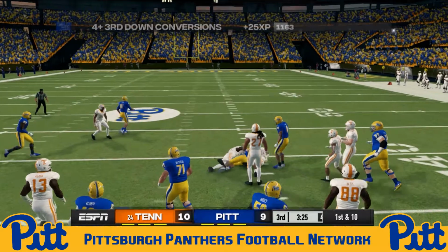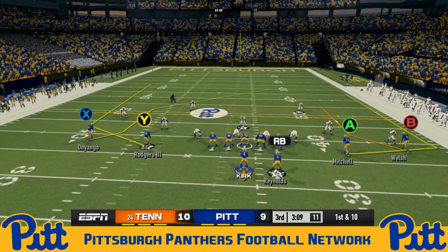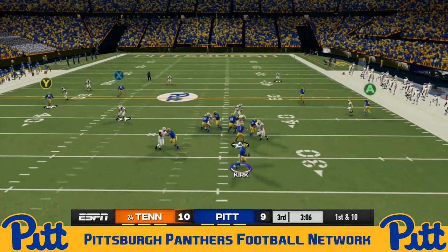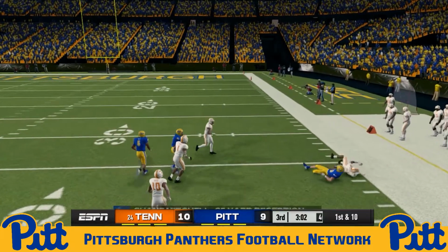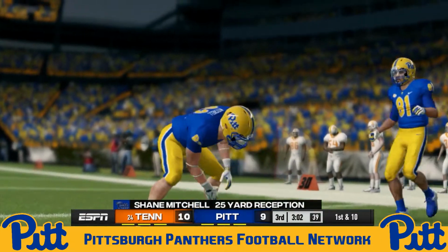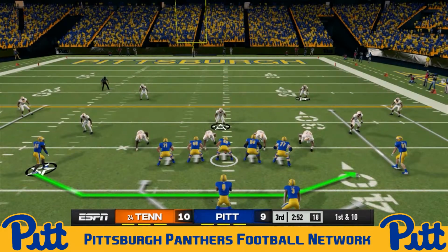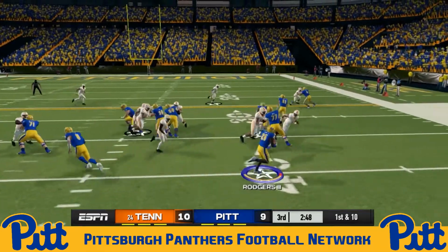Sets up 3rd and inches where Davion Reynolds will knife through the middle of the field with a great burst of speed, gets 9 yards and a new set of downs. Kirk back to pass, 4 wide receiver set. He's got a man wide open. It's Shane Mitchell, and it's a great grab there. 25-yard pickup for the redshirt sophomore, and a big gain quickly into the edge of Johnny Midday's field goal range,